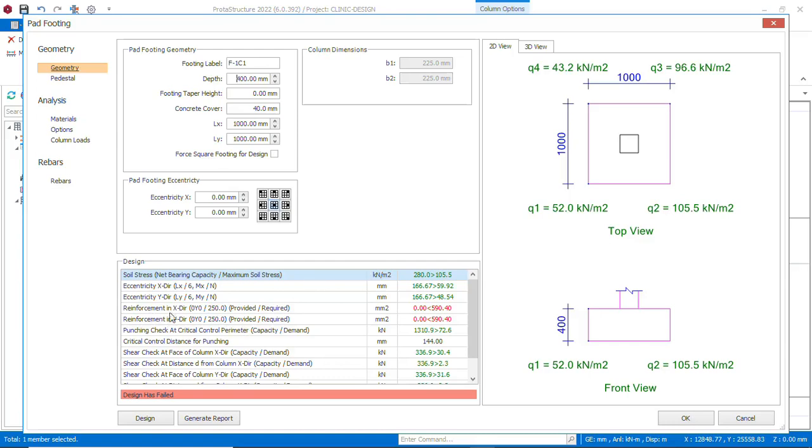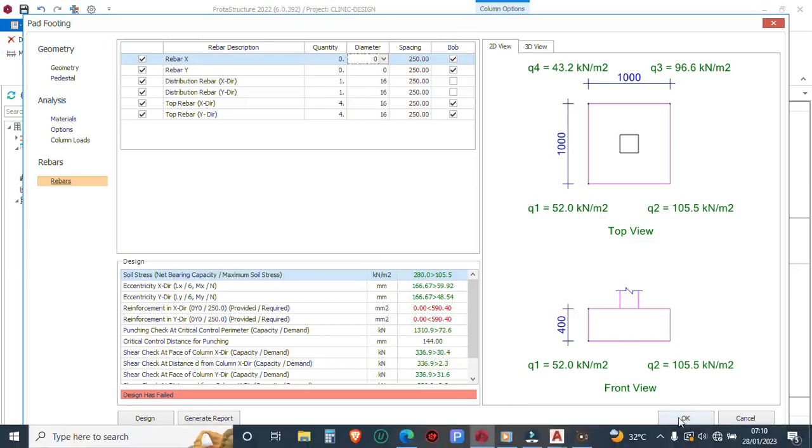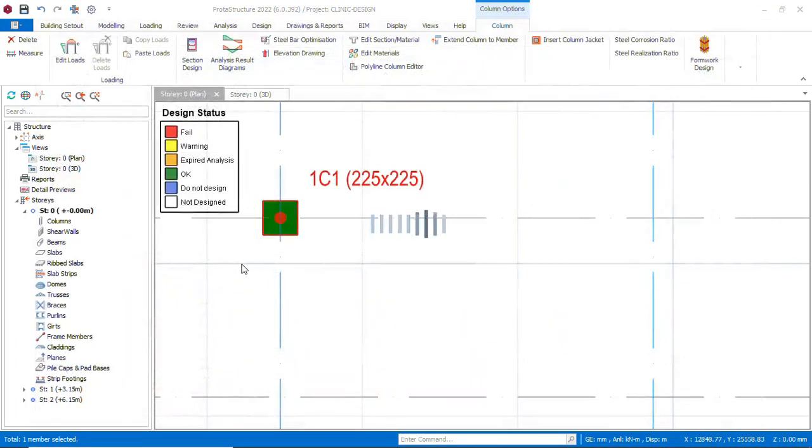What is the reinforcement in X direction? Reinforcement in Y direction, the reinforcement that is failing. So go to the bar. Okay, we'll use diameter X. Reinforcement. Okay, let's go back to